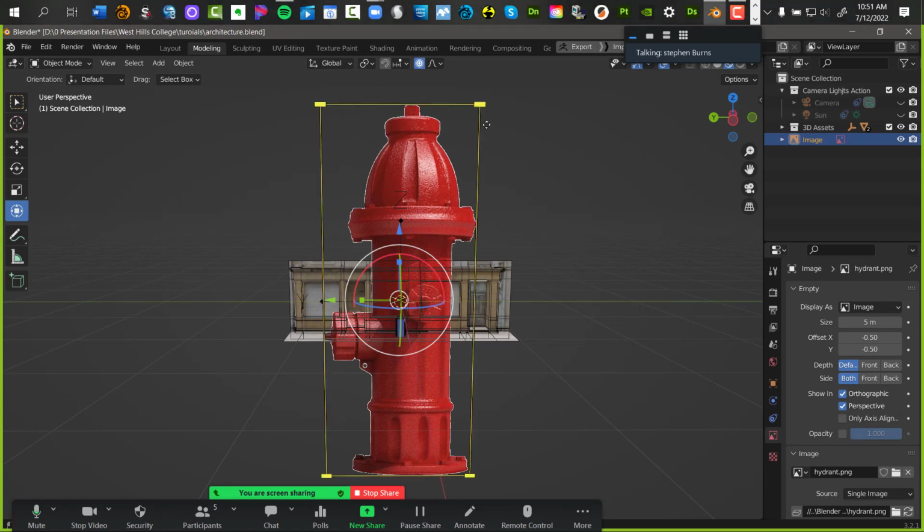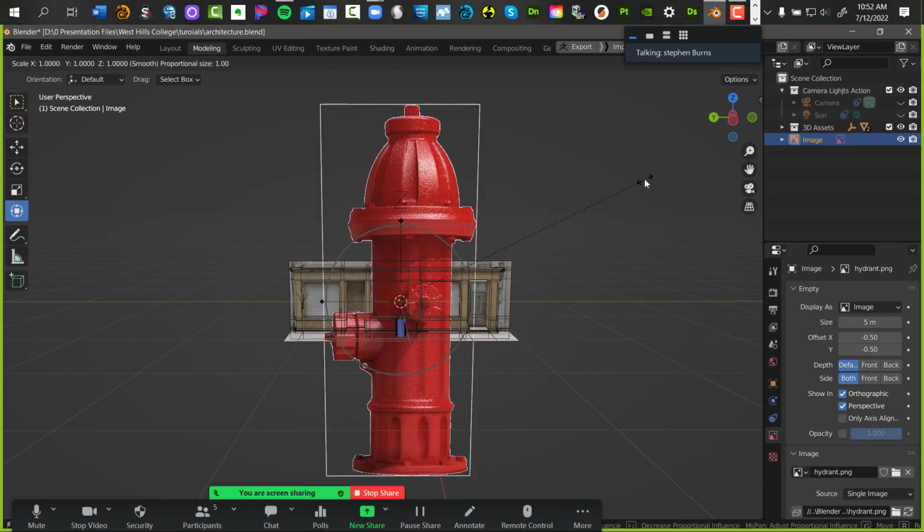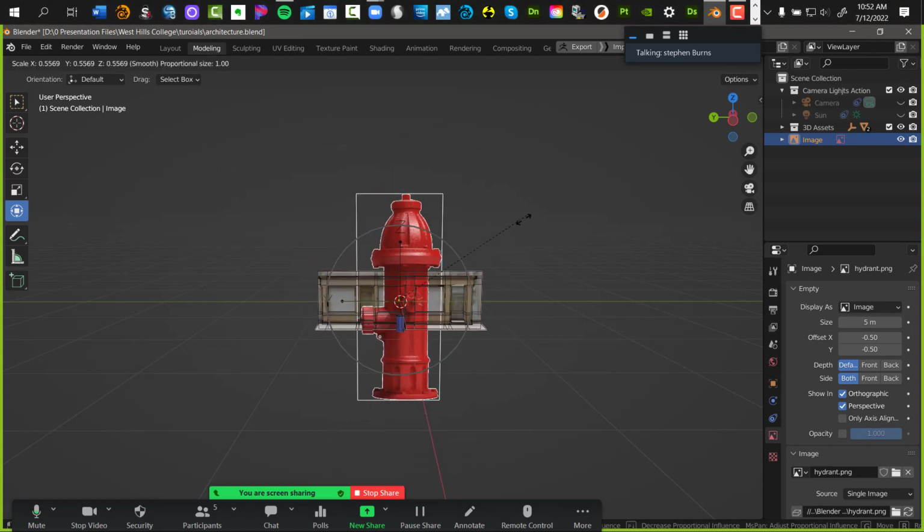Now, all I'm going to do at this point, if I mouse over it, see these little yellow highlights in the corner? For those who were here yesterday, we didn't have that happen yesterday. Yesterday, the image came in as an actual 3D plane. Here is only a reference. We can't edit it. We can't go in an edit mode to edit this. So if I'm going to reduce the size down with it highlighted, I'm going to click and release the S key for scale, and then it's doing both at the same time.